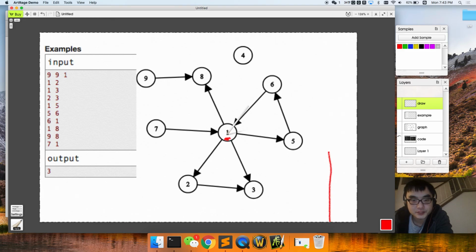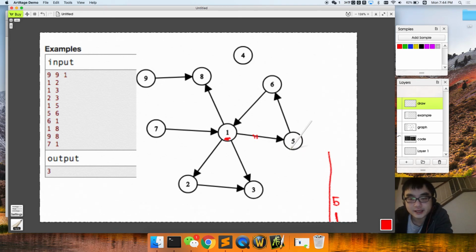And we push this node into the stack, and we move on, depth first search on its out degrees. So we come to node 5. We haven't visited node 5 yet, so we push this guy into the stack,